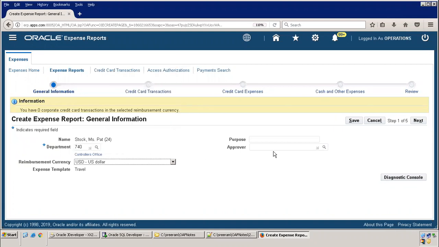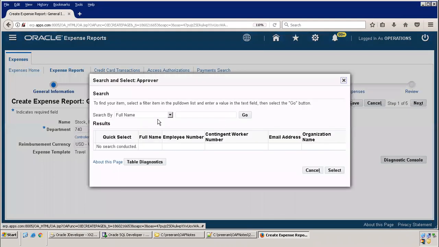So these are all drop down. Okay. Now here, if you observe, this approver is LOV. So this is how LOV will get displayed at runtime. Now we'll just click on this particular icon. Now you can have a search option, and then you have a table result.